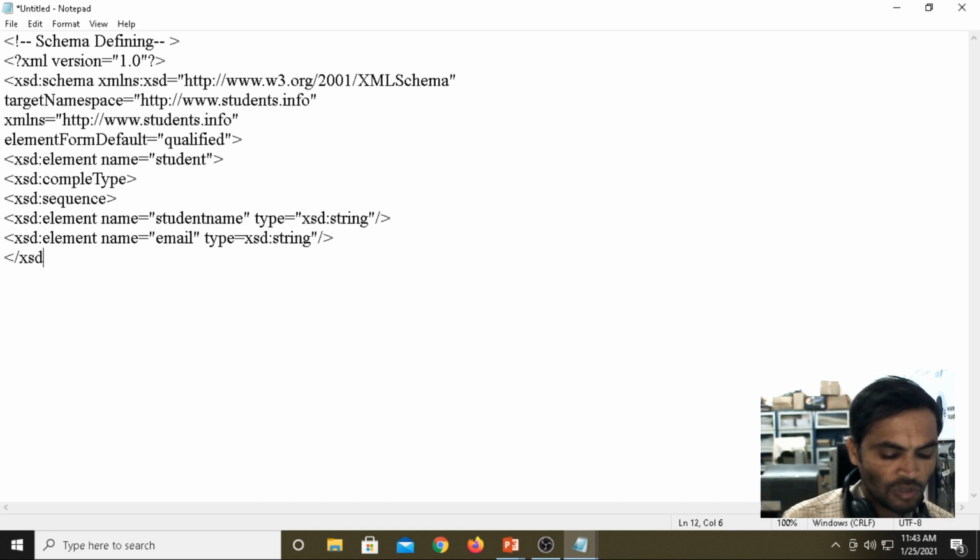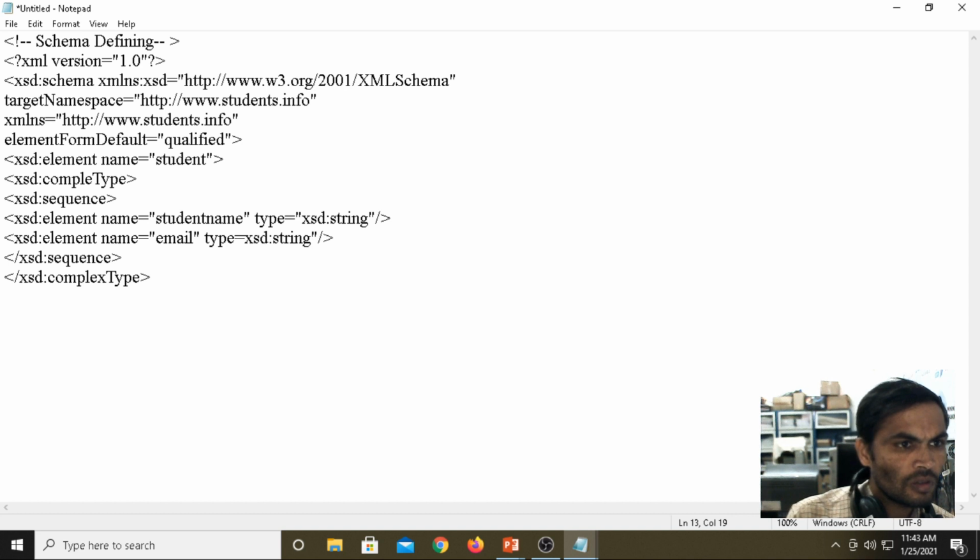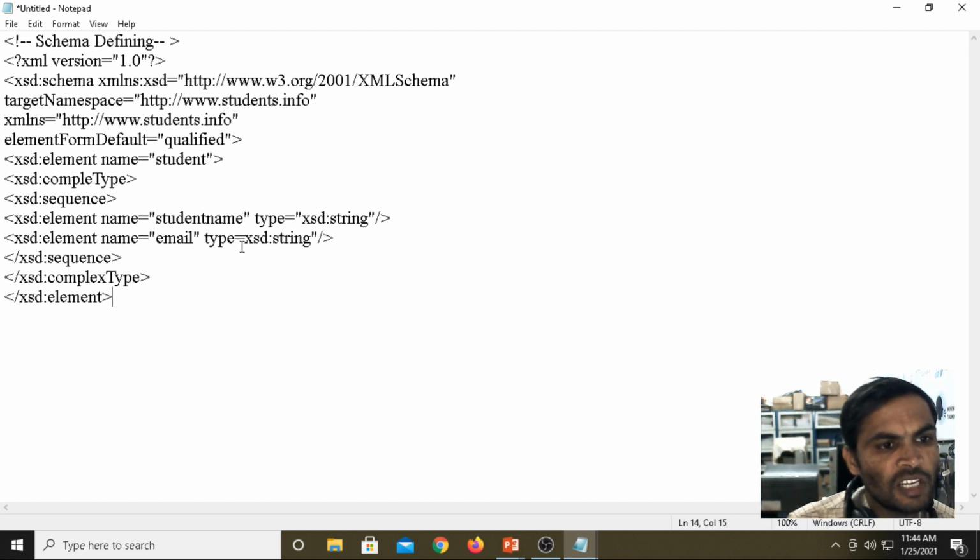Then properly we should close the XSD sequence, then close your XSD complex type, then close your XSD element. This student element can consist of a list of child elements.